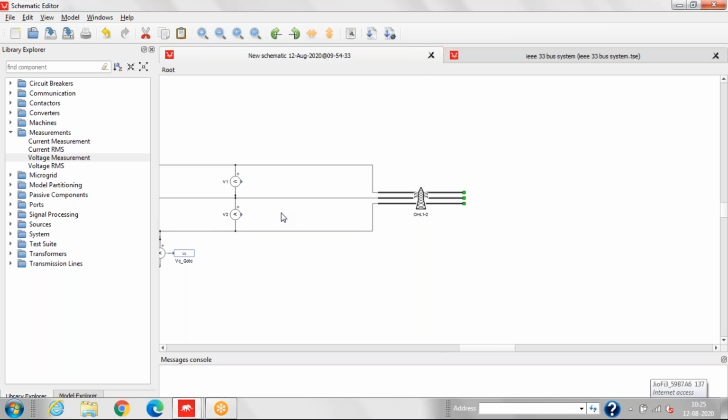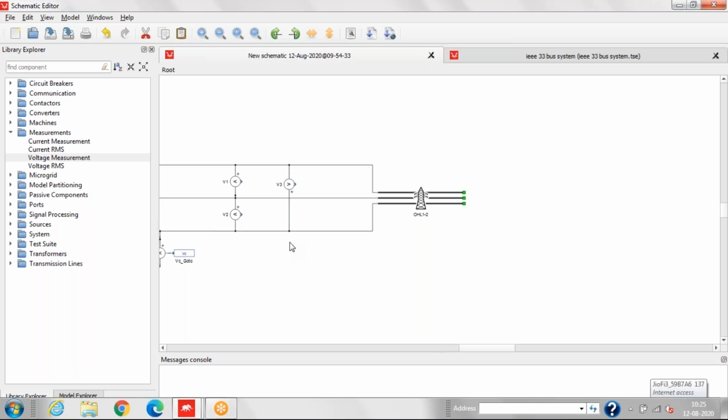Now similarly we'll connect. Now we have taken the line measurement.